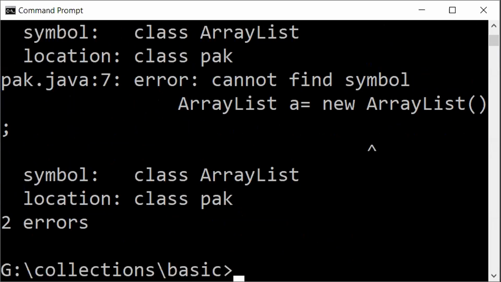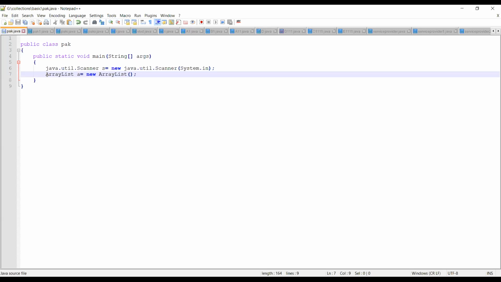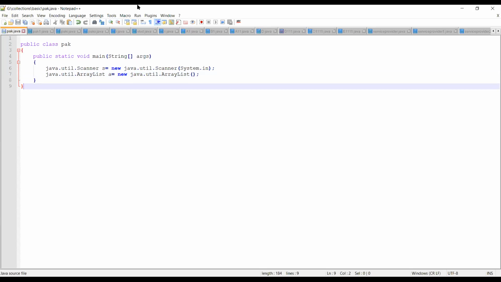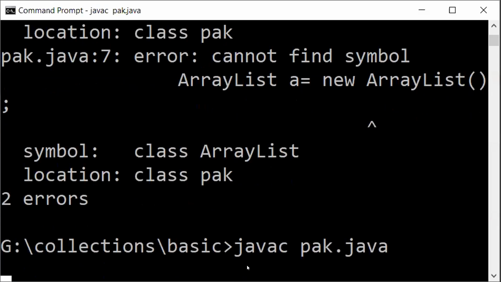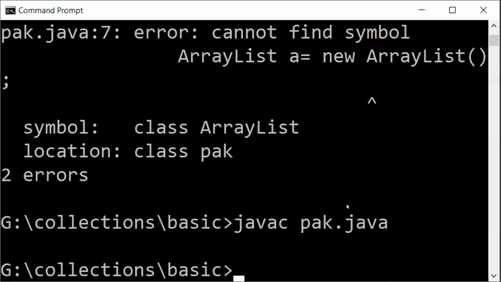ArrayList is present under java.util, so you can specify the fully qualified name: java.util.ArrayList. Now save this program and execute once again. See here, no compilation time error.